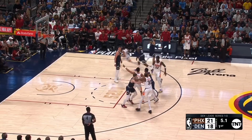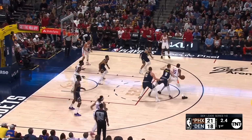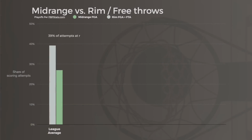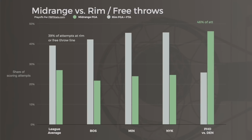And that's the last really interesting part of this equation. Phoenix is taking a ton of mid-range shots against this defense. Most teams get more of their offense at the rim or the free throw line. Boston, Minnesota, and New York get twice as much offense from the rim or the free throw line compared to their mid-rangers. But in this series, nearly half the Phoenix offense is from the mid-range, which is a total outlier